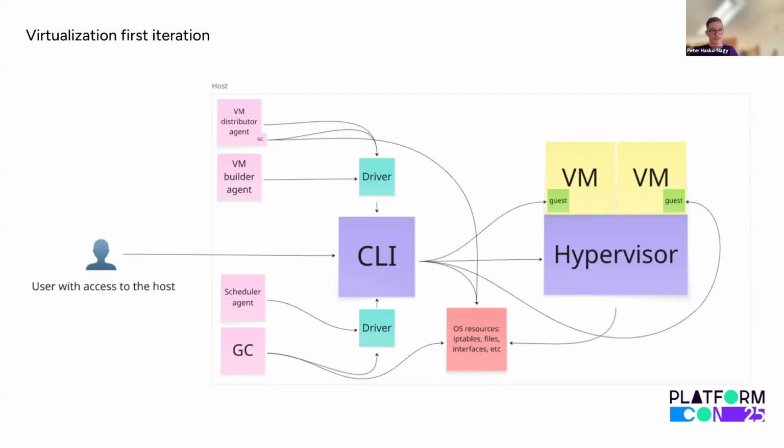And in pink, we have different services which run in the same host as the virtualization suite itself. And these services have their own agenda. Like the scheduler agent most probably wants to boot new VMs. The builder agent probably wants to create new VMs. And the distributor agent probably wants to read VM data or get a list of running VMs, for example. So as you can see in this drawing,